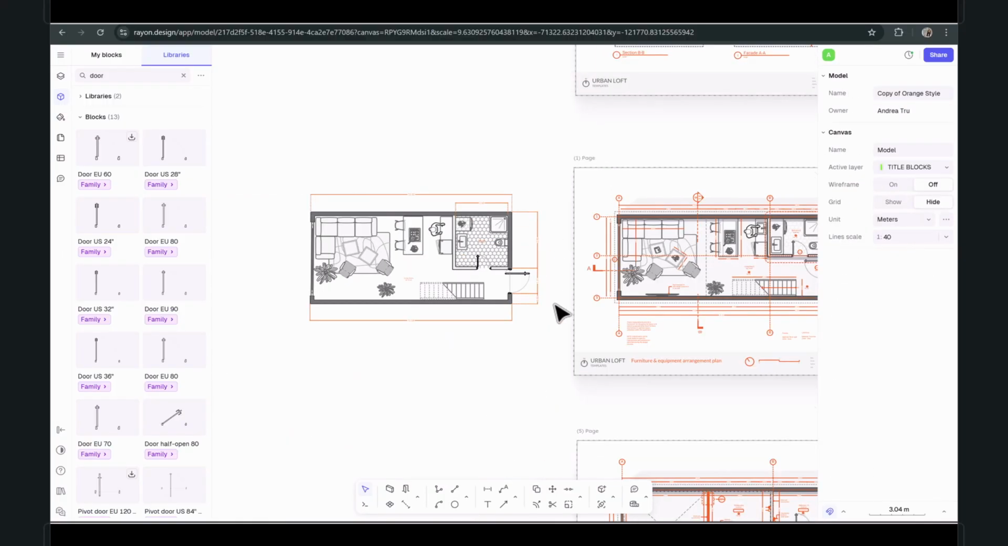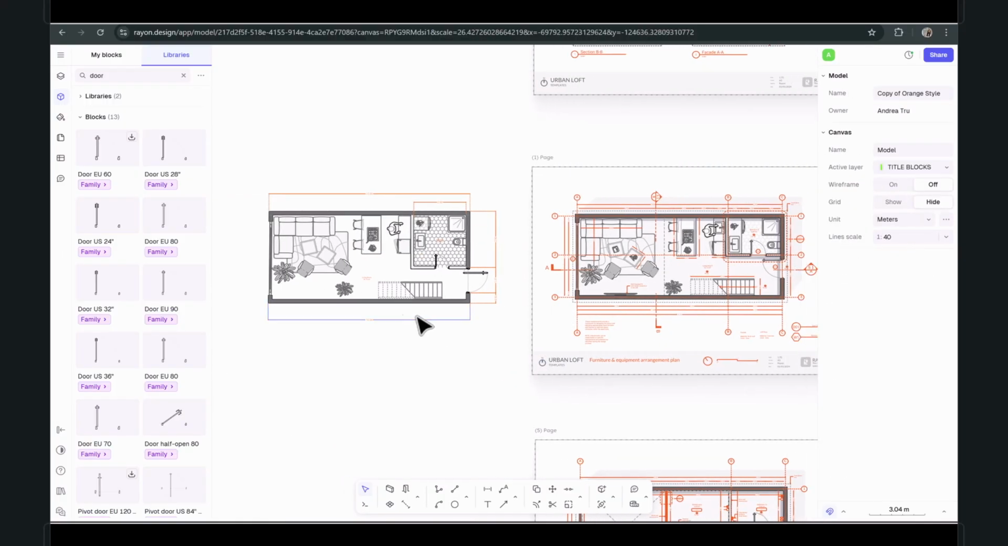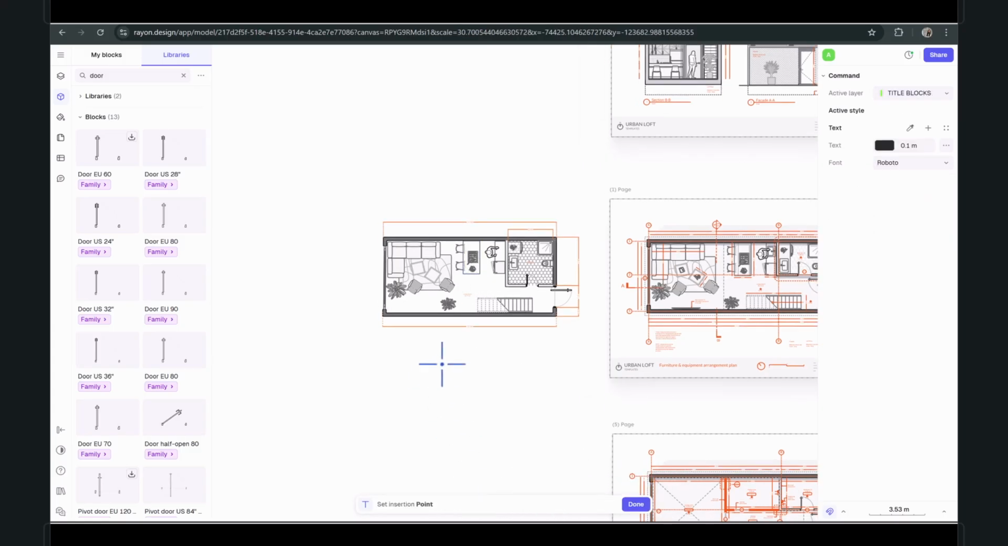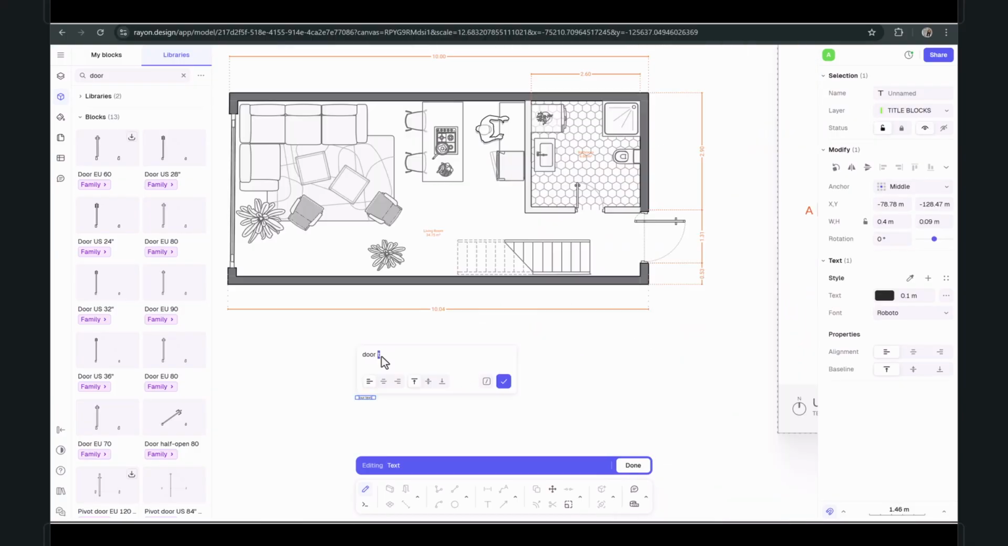So there you have dimensions. That's how you add your dimensions to your floor plan. Last thing, you can add text. So here you want to go to text and you just want to start typing. So okay,